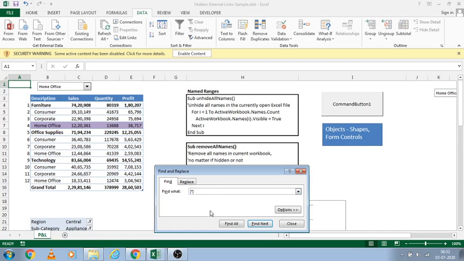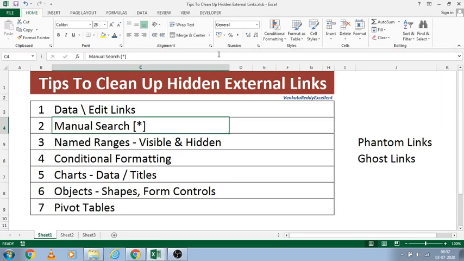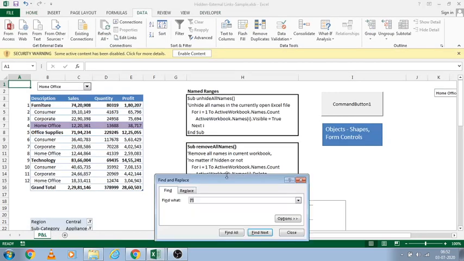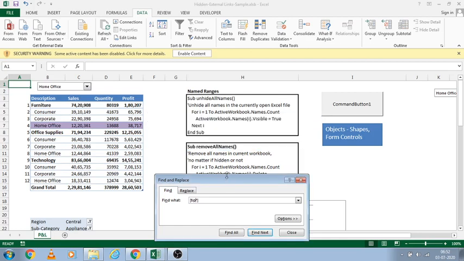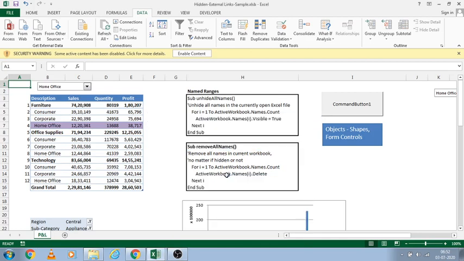For that, we may put some differentiated text here. For example, in this case, the file name is tips to clean up hidden Excel links. Here you can change the searching content. By this method, you can identify the cells which have the external links. This file is still having external links to other files.